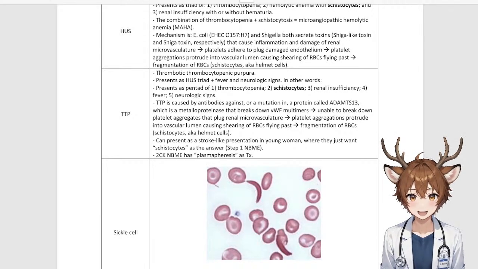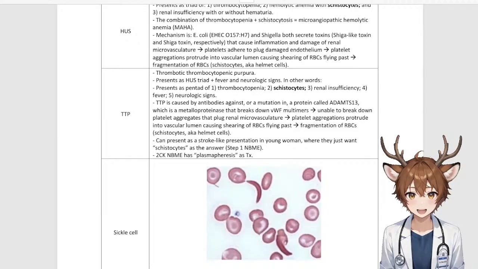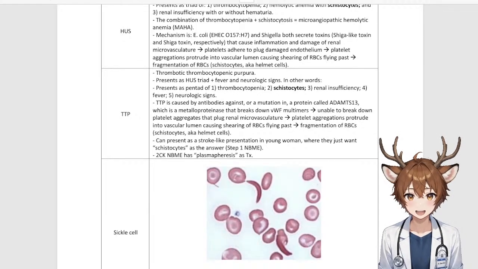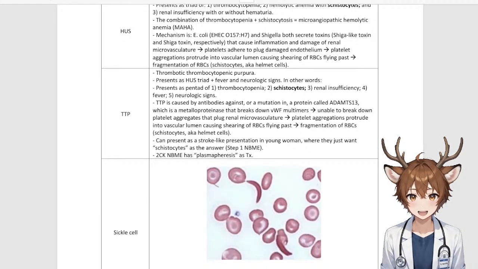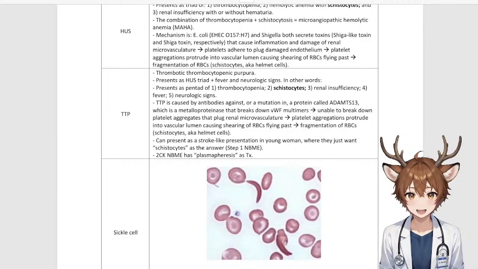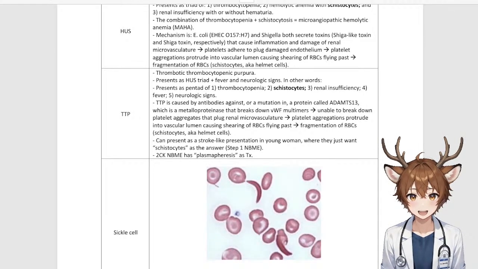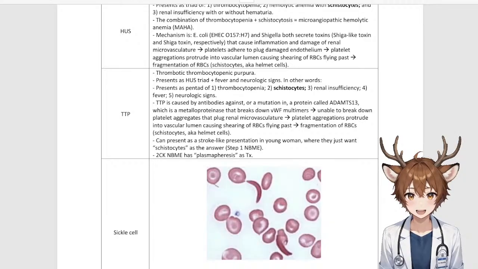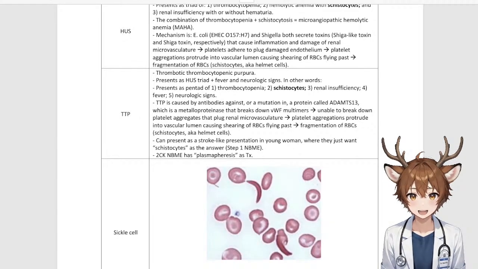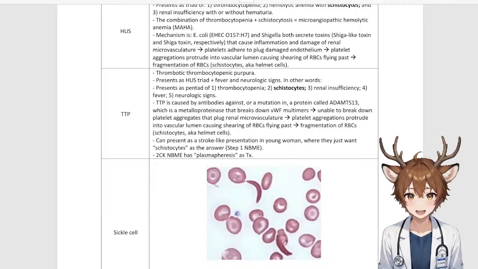TTP, thrombotic thrombocytopenic purpura, presents as the HUS triad plus fever and neurologic signs. In other words, it presents as a pentad of 1, thrombocytopenia, 2, schistocytes, 3, renal insufficiency, 4, fever, and 5, neurologic signs. TTP is caused by antibodies against or a mutation in a protein called ADAMTS13, which is a metalloproteinase